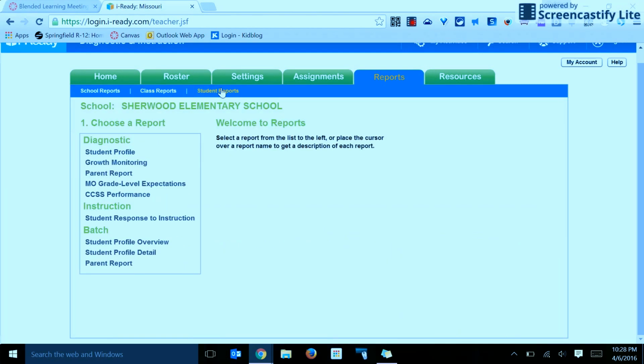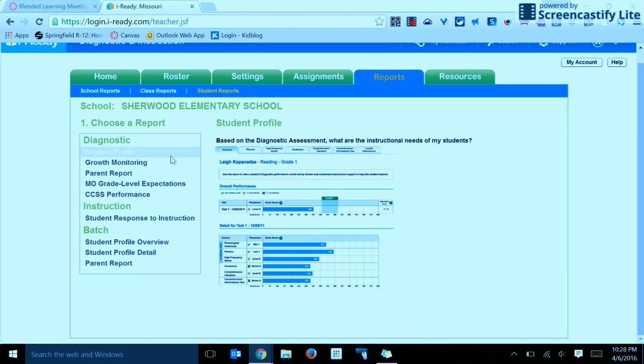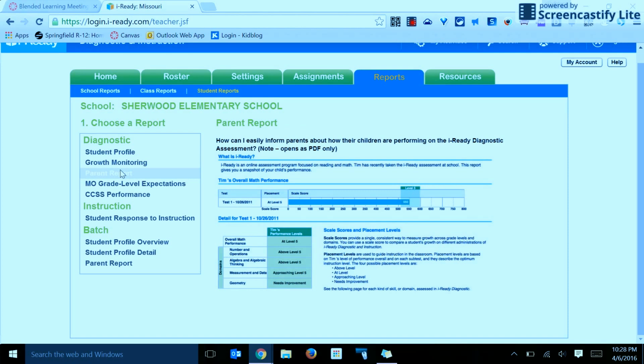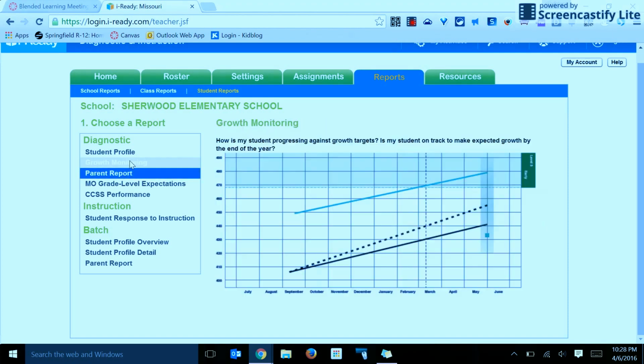Another way that you can look at reports is going by to your student reports, clicking on the parent report,